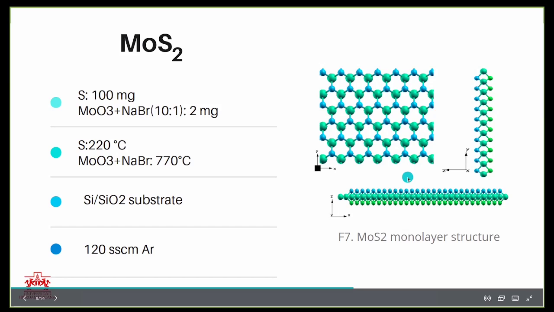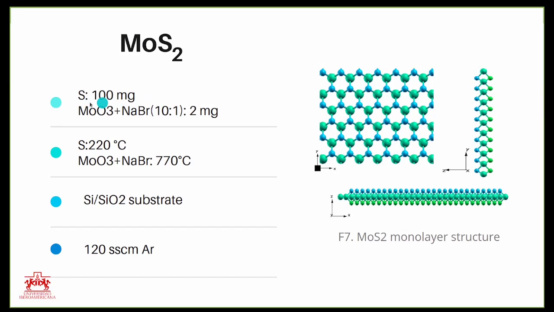So, well, for this experiment, we are using 100 milligrams of S. This is for molybdenum disulfide. And we are going to use,